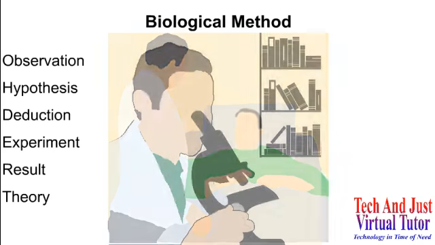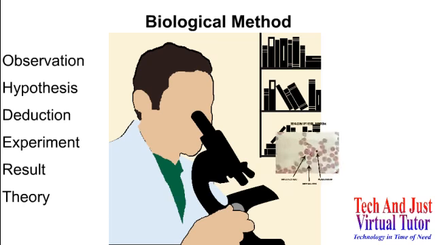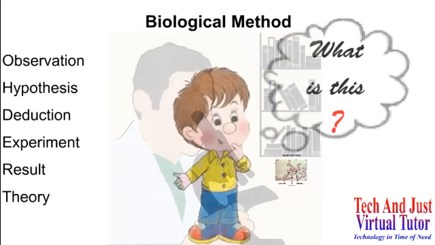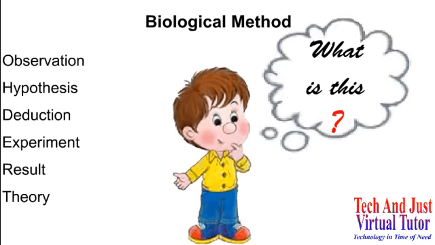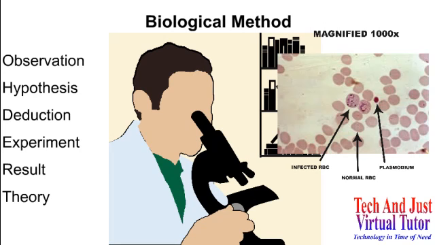Later on, while checking this blood under the microscope, the doctor observed some tiny creatures in the blood. You can understand that a thought begins to develop in our mind when we observe some unique or new thing. The same thing happened with this doctor while he was examining this blood sample. The new or unique thing that he observed was these tiny creatures in the blood sample. So accordingly, in the biological method, the first step is observation, so that a new objective can take place.